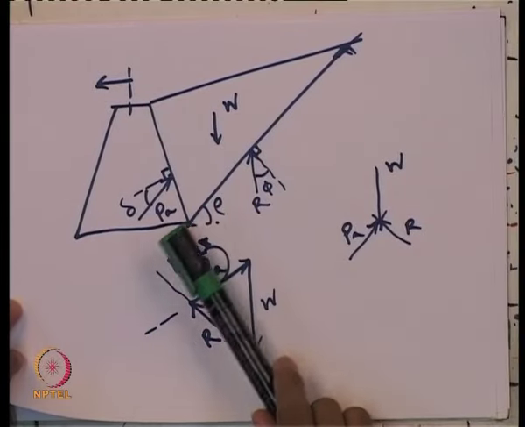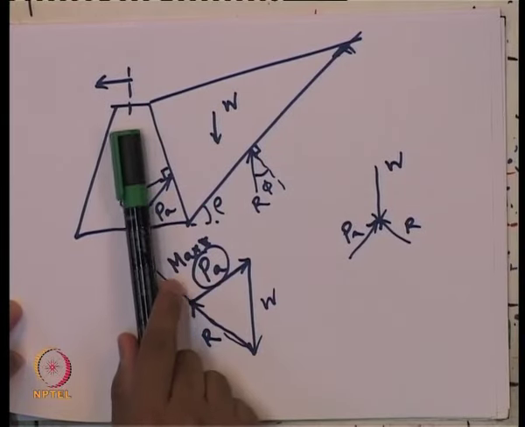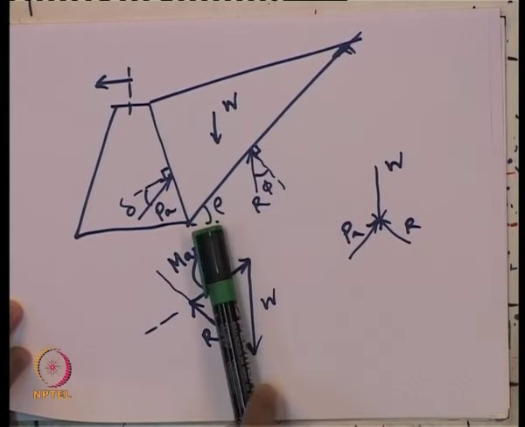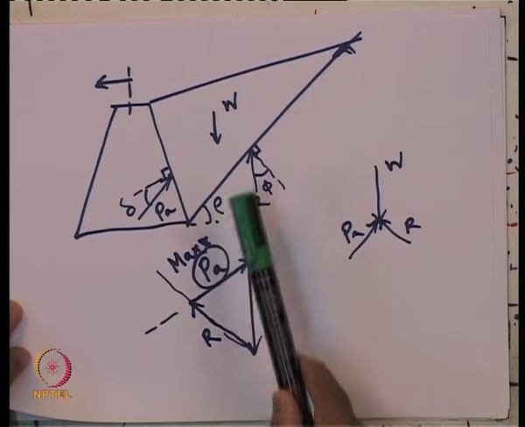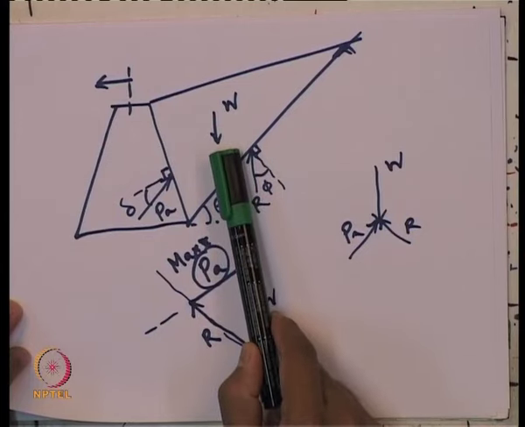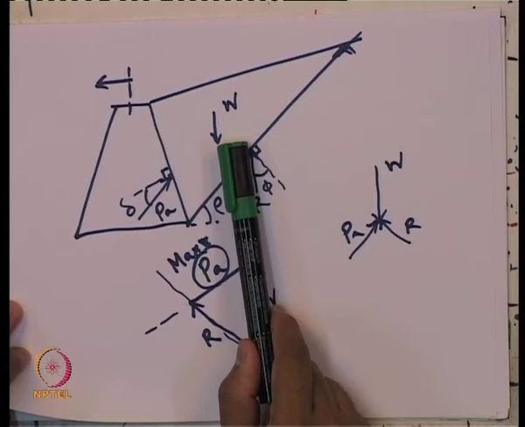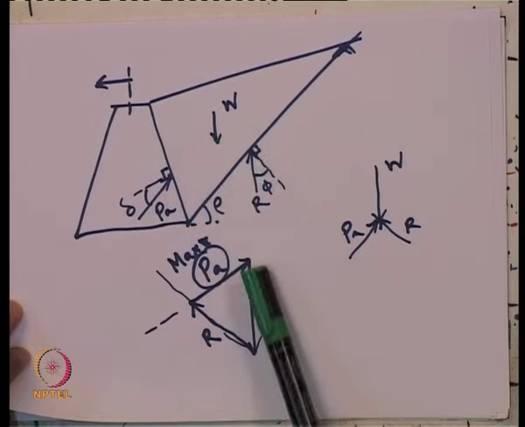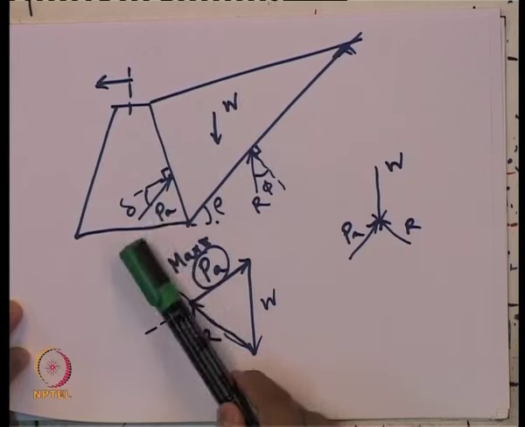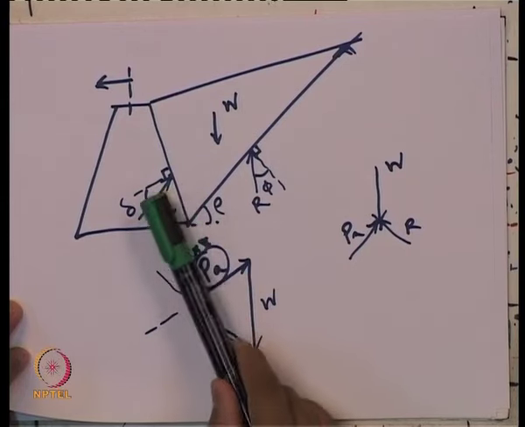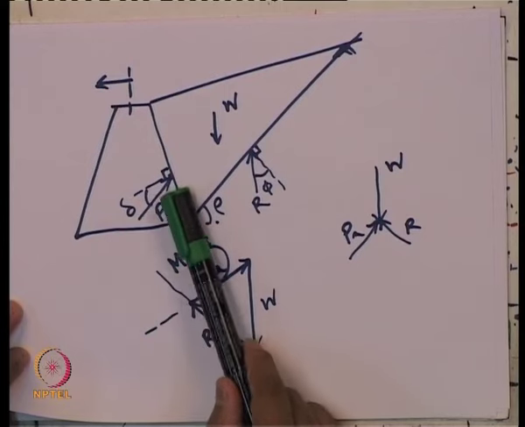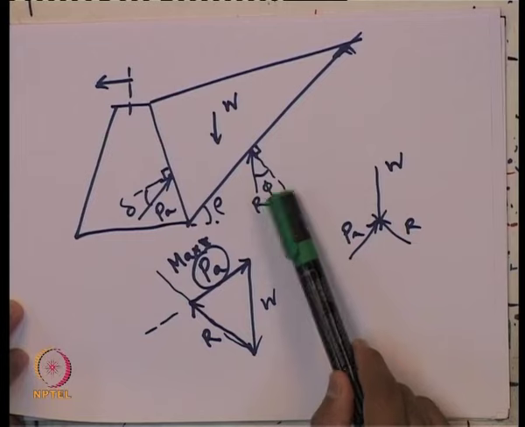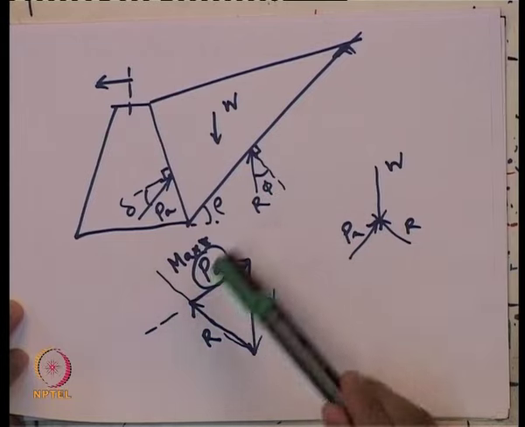In Coulomb's static earth pressure theory, as we all know, for the active state of earth pressure, the wall tends to move in this direction. For an assumed failure plane with a failure angle rho over here, we know the value of this failure mass or weight W. This vector is totally known because its magnitude and direction are known. Then we have the active earth pressure P A acting at an angle delta, where delta is the wall friction angle, and the soil reaction R, which acts at an angle phi, which is the soil friction angle.